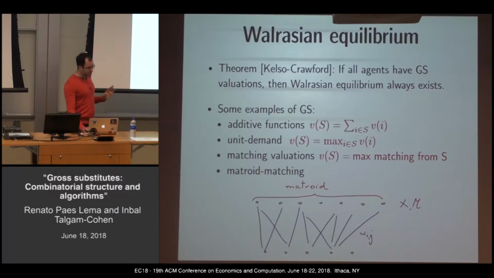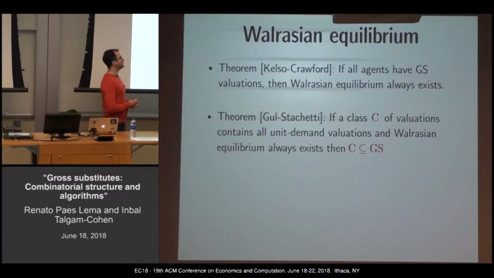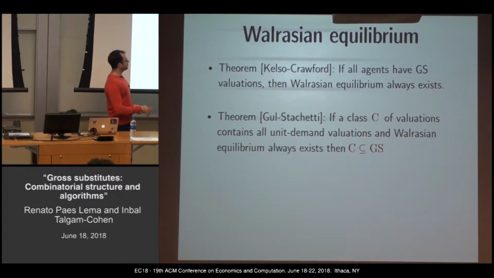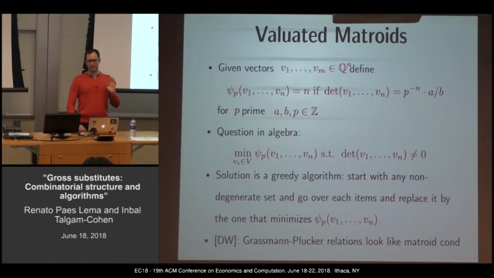Okay. So one reason it's interesting is that there are a lot of interesting examples of functions that are gross substitutes. But another reason is this characterization, which, at least when I saw the proof, looked hacky because it's what makes the algorithm work. But it's also tight. It turns out that if you have a class of evaluation functions that contains unit demand, and variation equilibrium always exists for this class, then this class must be a subset of gross substitutes. So that's the largest class containing unit demand evaluations for which variation equilibrium always exists. In that sense, maybe we're onto something here because it's a tight result. So that's variation equilibrium. Let me give you a different problem.